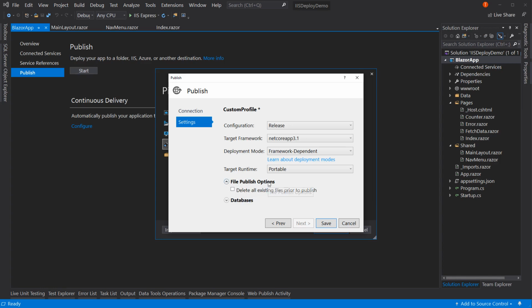File publish options. Delete all existing files prior to publish. This cleans the directory out so that if you removed files, let's say you had a support PDF and you no longer use that support PDF. Well, if you do a publish and it overwrites all the files, but that support PDF